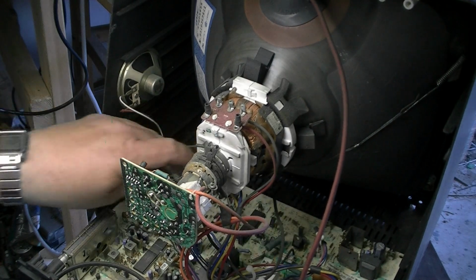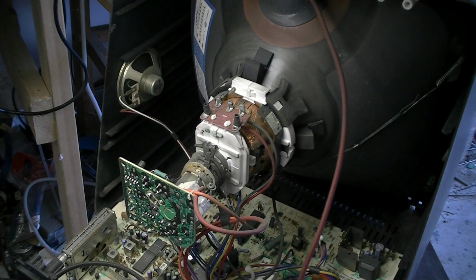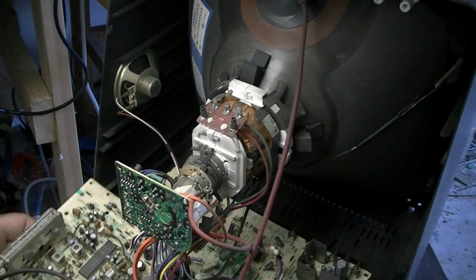"Hey, let's have a TV for the times where you don't want to be in the house, but there's a game or something on." So there's the circuit board,